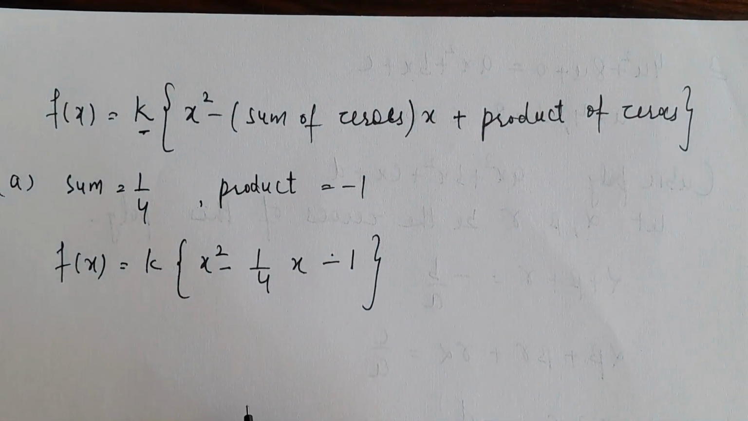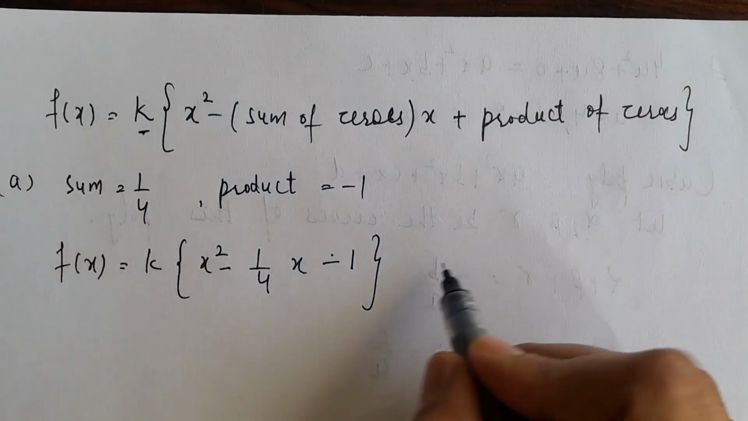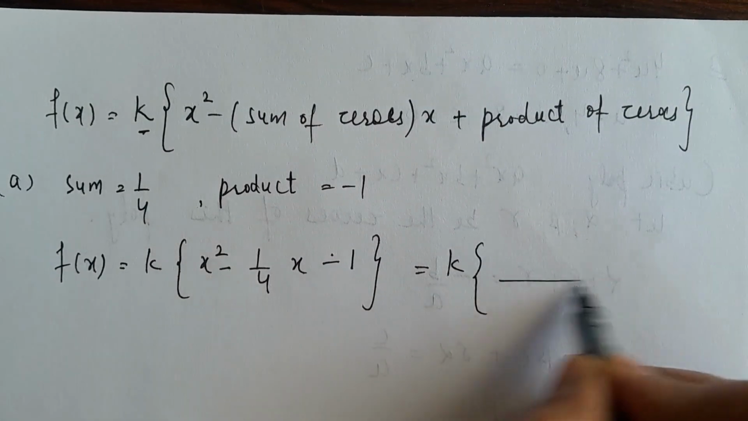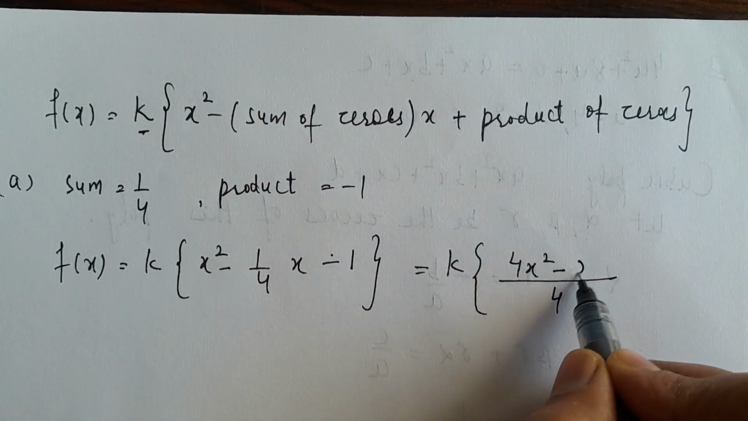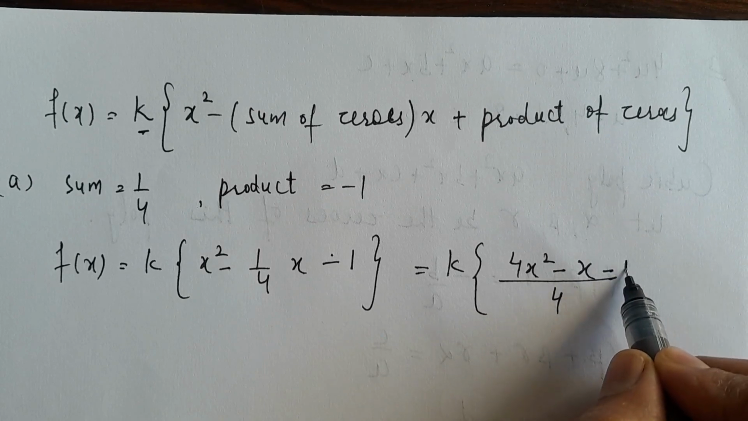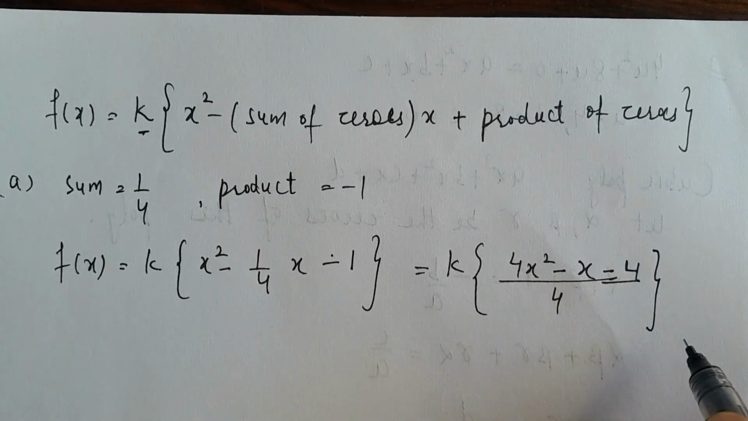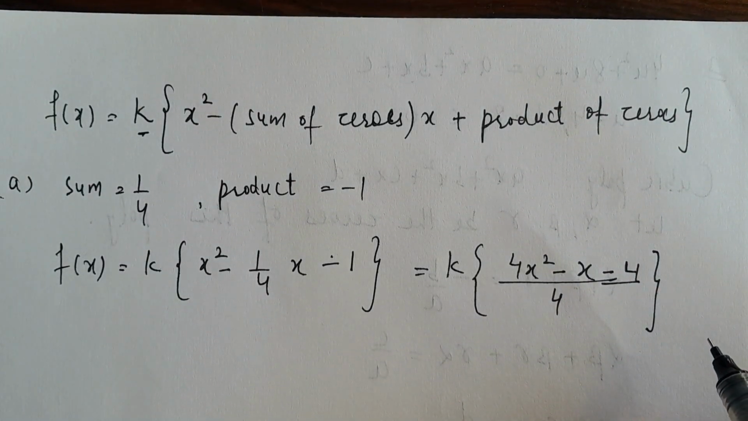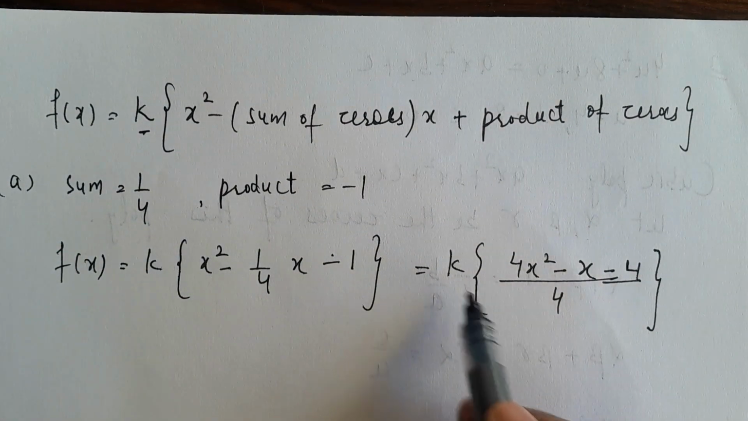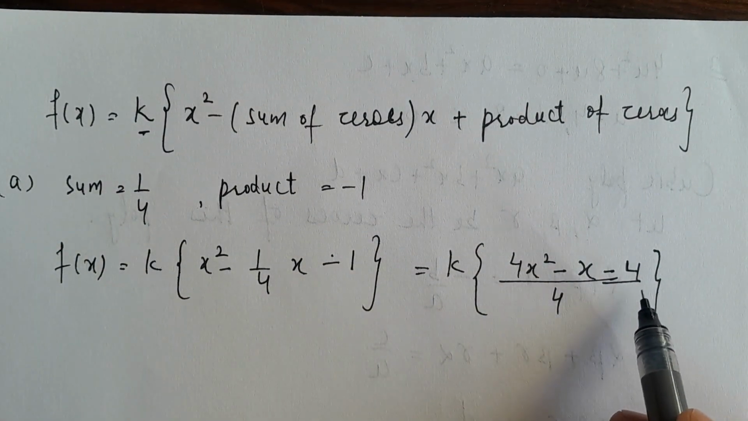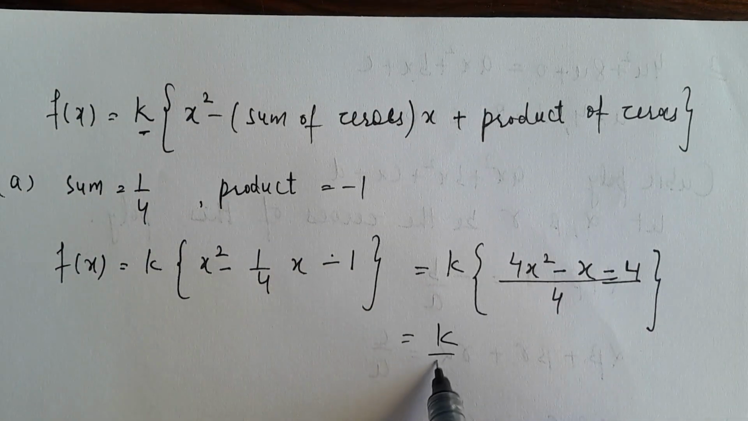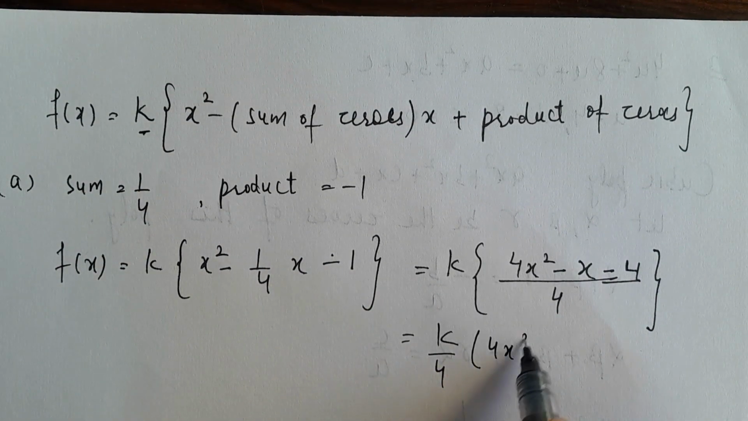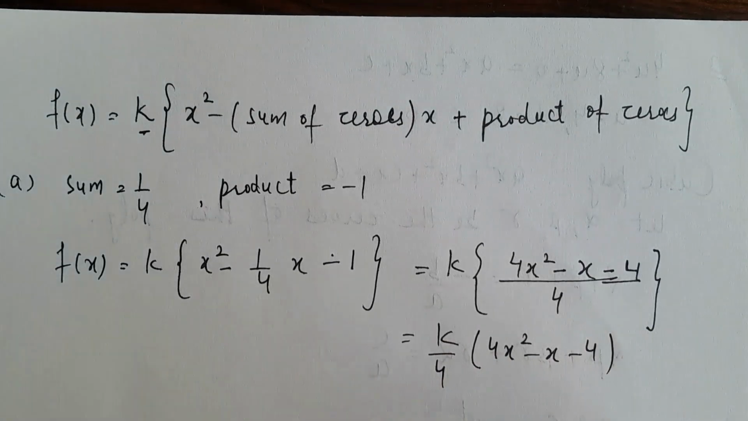Now we will take 4 as LCM. If you take 4 LCM, it will become 4x square minus 1x minus 4. You will get this as the polynomial now. देखिए अब यहाँ पर पॉलिनोमियल में फ्रैक्शन की जरूरत नहीं है हमें, तो what we will do, this k/4 we will write together. k/4 into 4x square minus x minus 4, and because k was a non-zero constant, तो k की वैल्यू तो कुछ